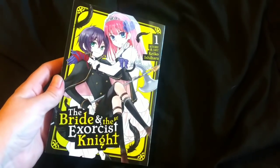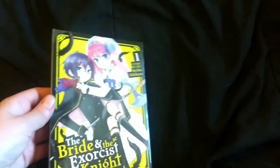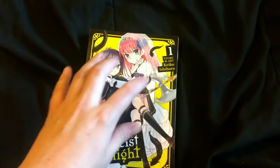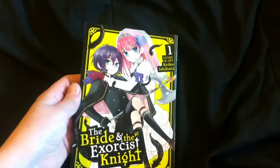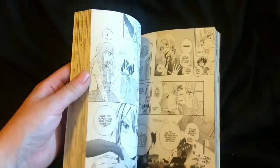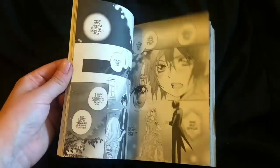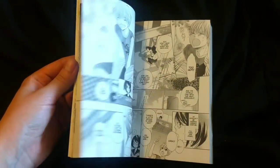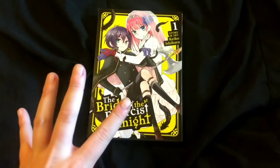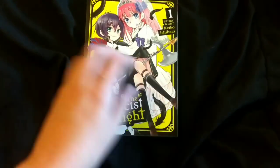It's a little interesting. It's about this girl, and she's cursed to one day have to marry this demon, but then she meets this boy. She's like 17 and he's like 12, and obviously judging by the title, he gets engaged with her in order to try and kill the demon who is after her soul. He's obviously an exorcist, and it's kind of an action manga, sort of romancy, but it's a little weird because he's a little itty-bitty boy, and she's almost a grown woman,